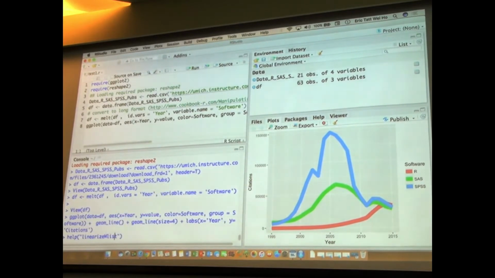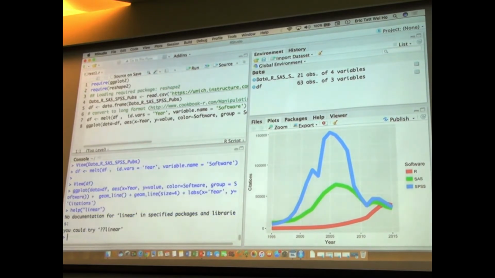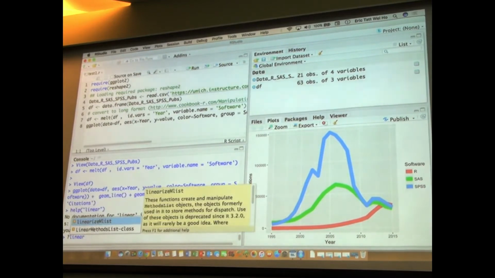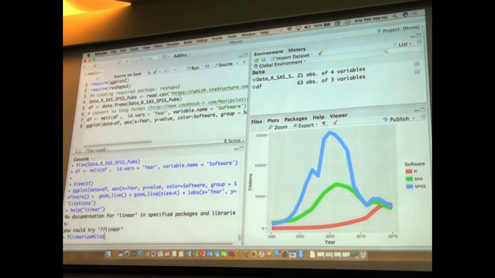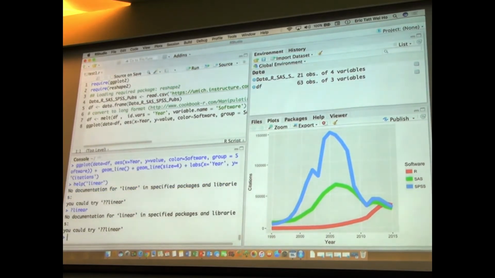Okay. The string completion. Okay, so it says I don't have anything on linear in this exact phrase. So I'm going to do a question mark, linear, and you'll see that I'm going to get exactly the same outcome. It's going to say nothing known. But if I put a double question mark, it says,